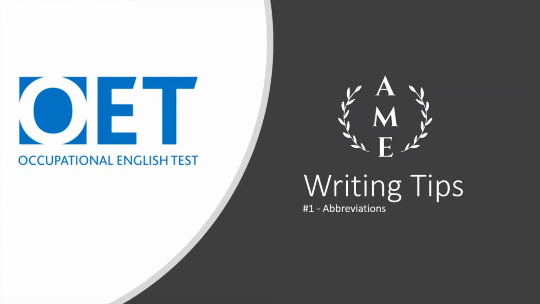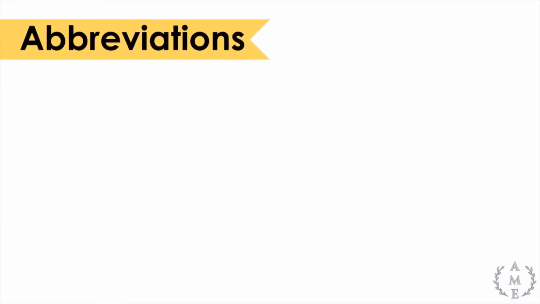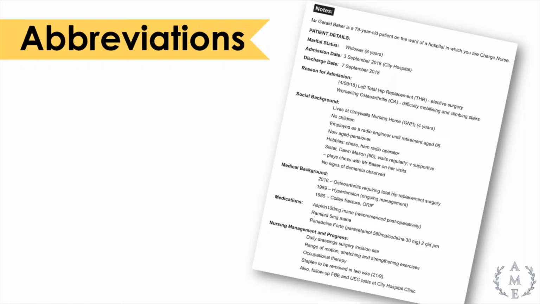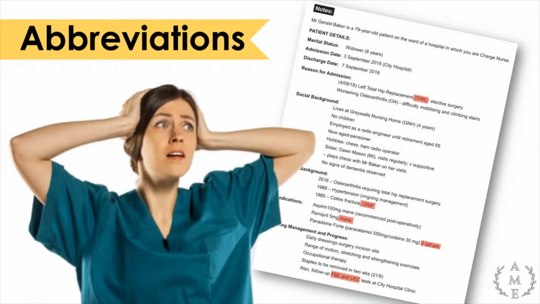In this video on the writing section of the OET exam, we will learn some of the common abbreviations you may need to interpret when analysing case notes. For many people, the first encounter with medical case notes in English can be a stressful experience. You've worked on your grammar and your reading skills. You've even mastered future perfect continuous. But then you're confronted with an endless stream of acronyms and abbreviations totally different from the ones in your native language. My aim today then is to demystify some of the most common acronyms you're likely to find in English